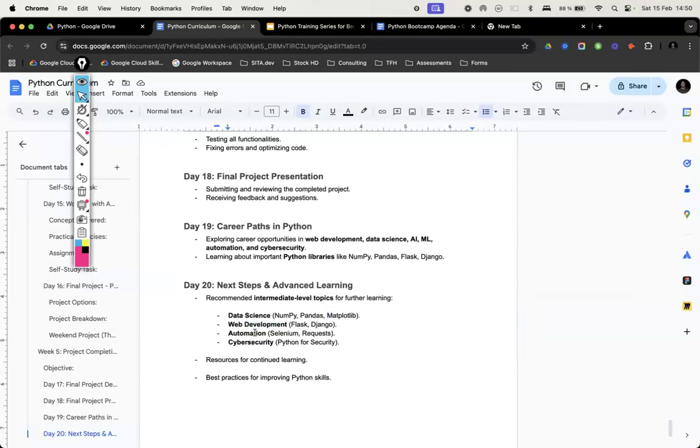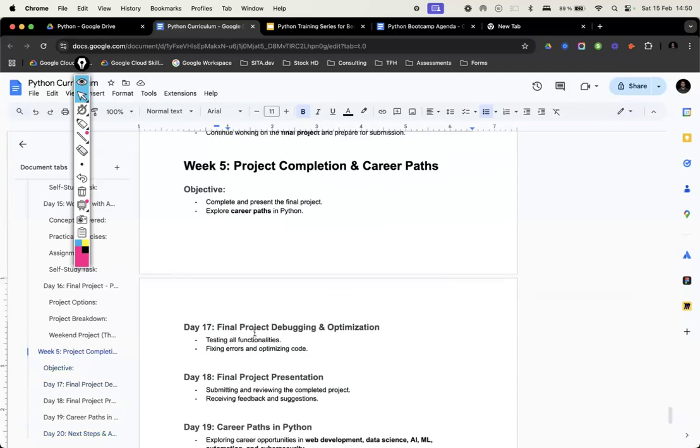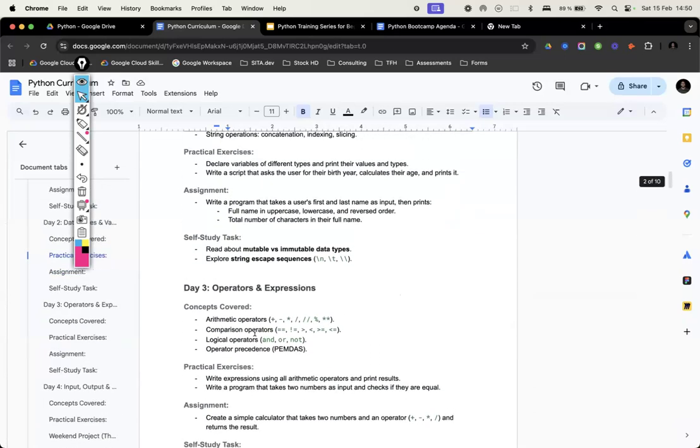I should have included DevOps as well. But again, in DevOps, mostly you will use scripting, Python as a scripting, not as general purpose programming language. So yeah, all possible career paths also we'll discuss in the week 5 along with the project, and we might do some assignments, tests based on the group that we are in. So that's all about the curriculum, the 5 weeks curriculum. If anyone has any questions about the curriculum, please ask.